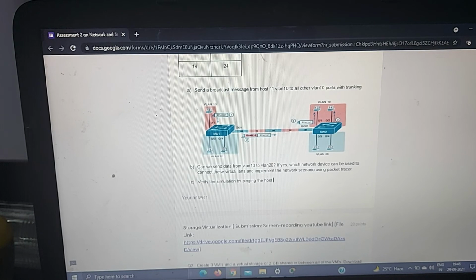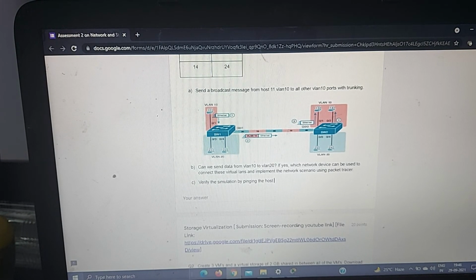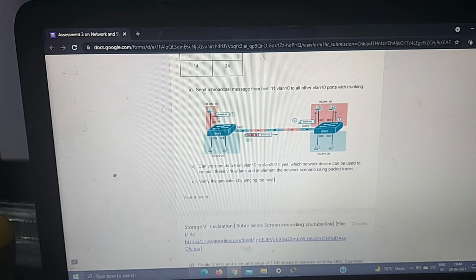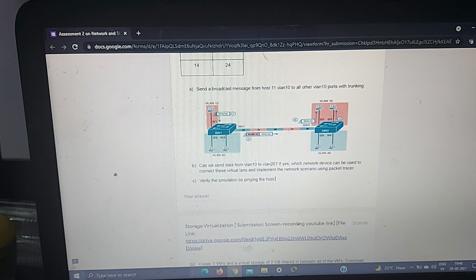In this way I have answered part B, that we need an L3 switch or a router to communicate from one VLAN to another. And for part C, I have shown you all the nodes are now able to ping by the ping test. So that's it. I will upload this video on YouTube and share it with you.